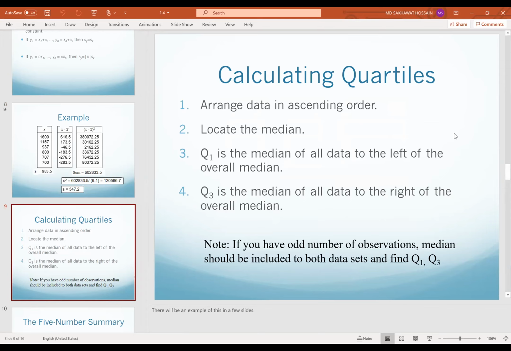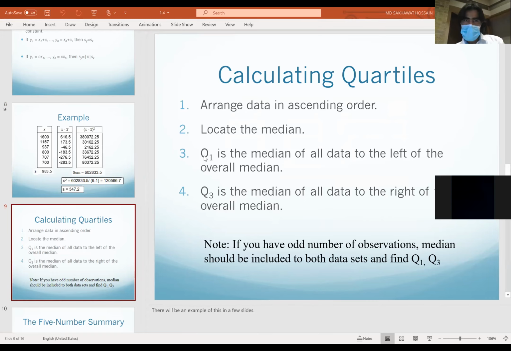the box plot. So to calculate the quartiles, you need to arrange the data in ascending order or decreasing order and look at the median. So find the median. You already know how to find the median. And then